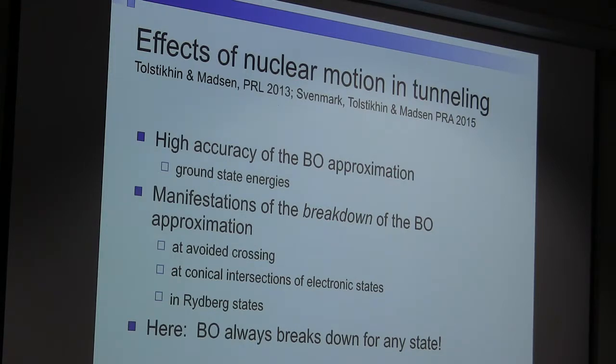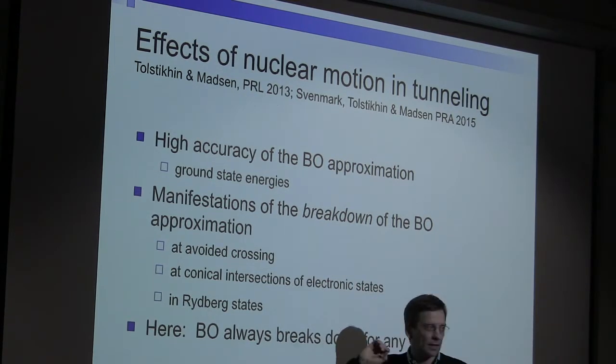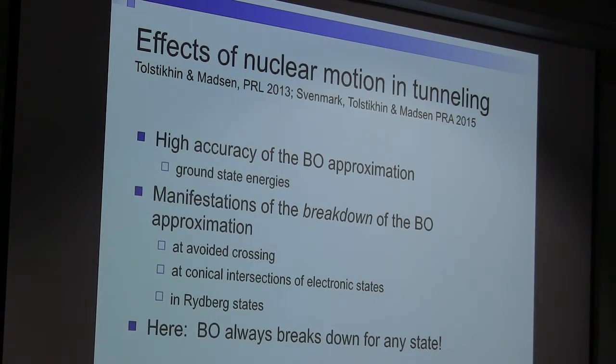So then, eventually, it will move maybe even slower than the nuclei. So you could have inverse Born-Oppenheimer. But anyway, there are also other cases here at avoided crossings and conical intersections. These are all manifestations of the same thing, namely that the energy separation between the electronic energy levels becomes very small and comparable to typical energy separations in the nuclear